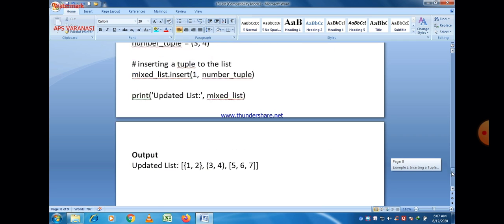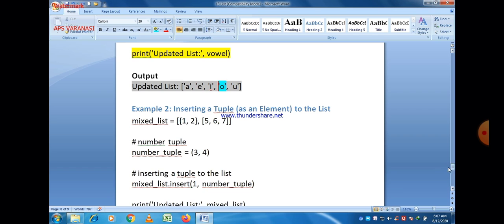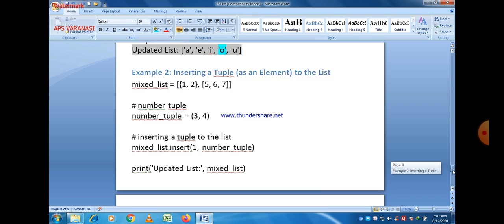This is the 4th element, because counting starts from 0. So we just give the index position 3 here. Now example number 2,